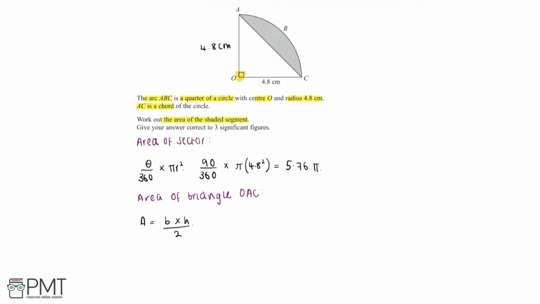of the circle. So we can say that the area is equal to 4.8 multiplied by 4.8, all divided by 2. And so the area of triangle OAC is equal to 11.52. Now to find the area of the shaded segments, we can do the area of the entire sector, which is 5.76 pi, take away the area of triangle OAC, which is 11.52, and so we get an answer of